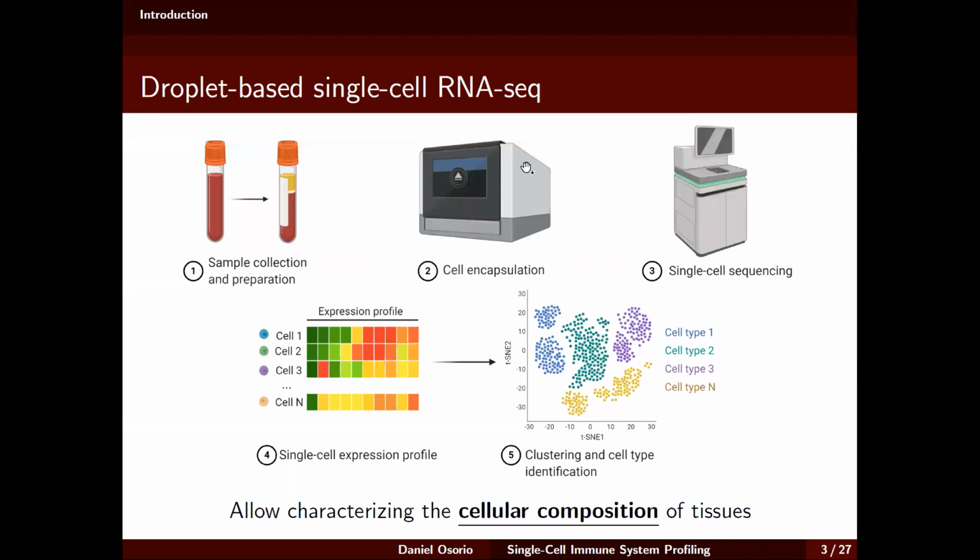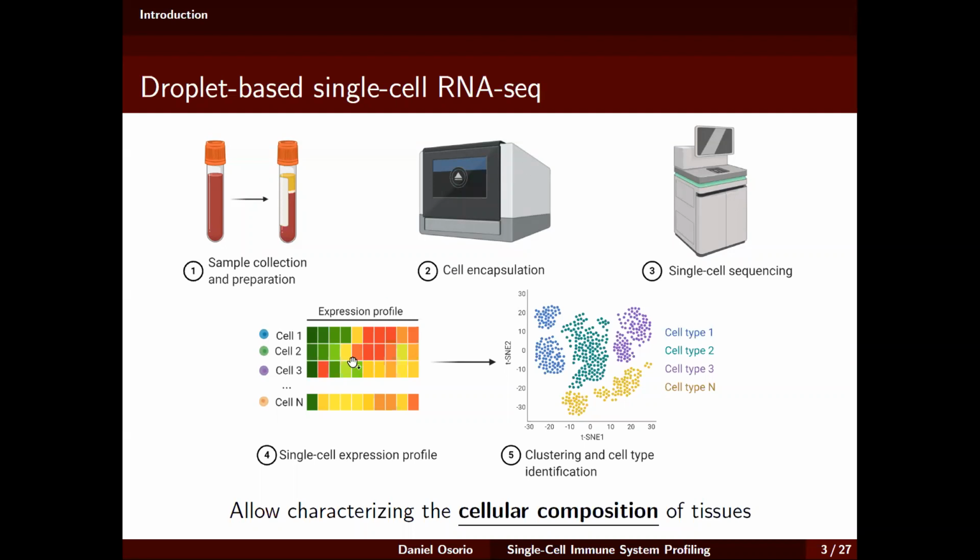The Chromium system will take the droplets with all the reagents needed to do the RNA-seq amplification, and they will add each one of the cells in the sample to each one of the droplets, and at the end, the RNA will be amplified and sent to the sequencer to get the